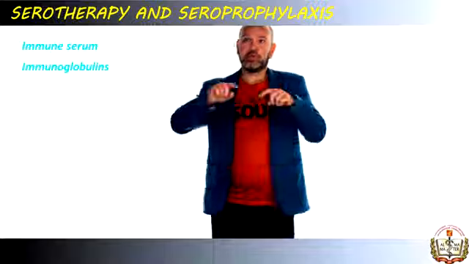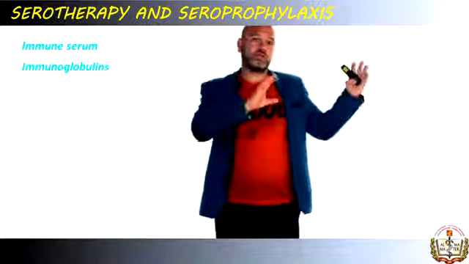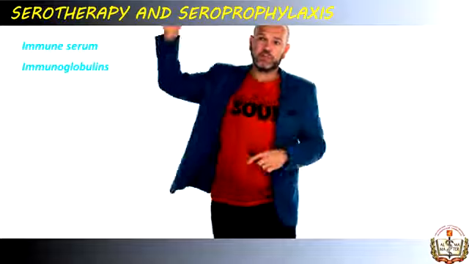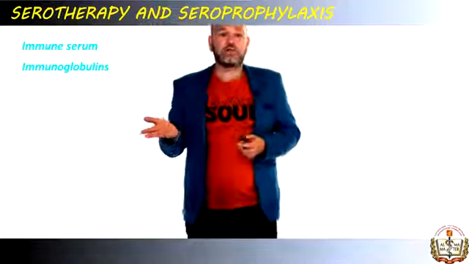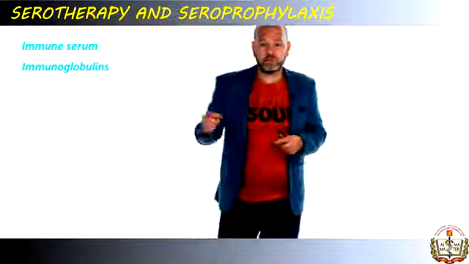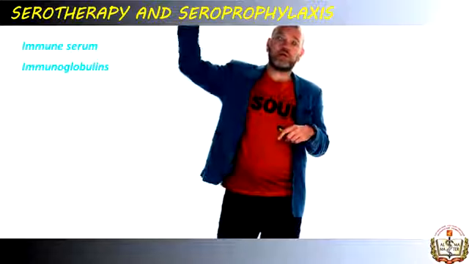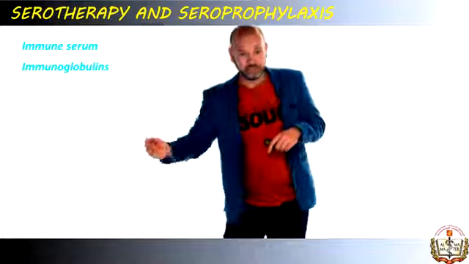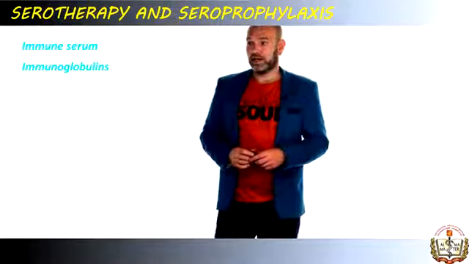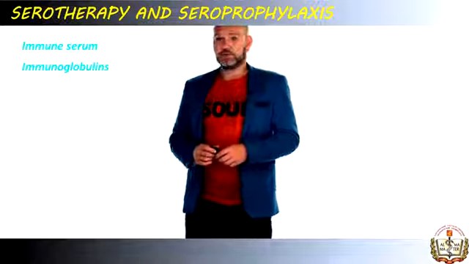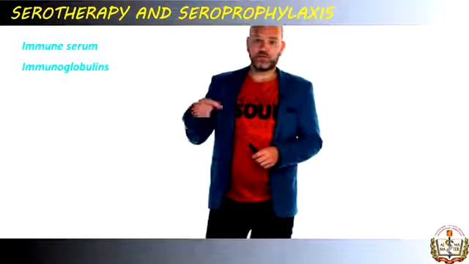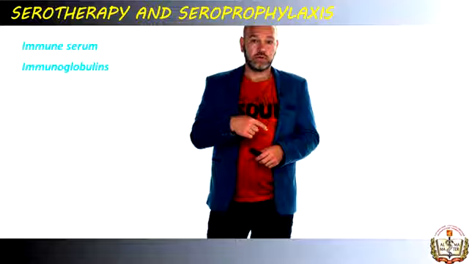And of course, if you remember the diagram I showed you, first exposure, second exposure, when IgM and IgG appeared and in which amount, it should be a recent contact, a fresh contact, because antibodies will appear in high titer only in the first or second week of the disease, then they will decline. So you need not just a donor, you need a donor at the second week after the exposure to the antigen. So